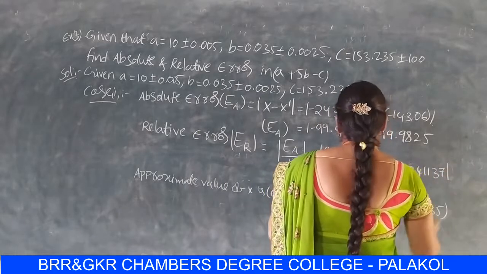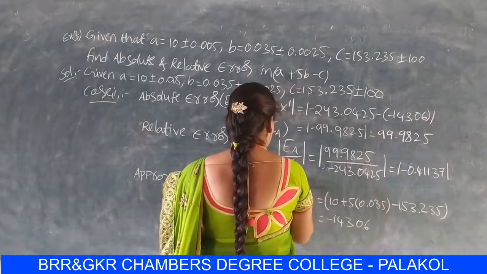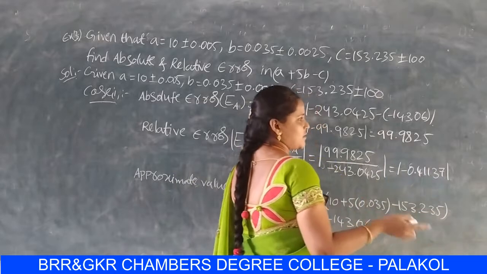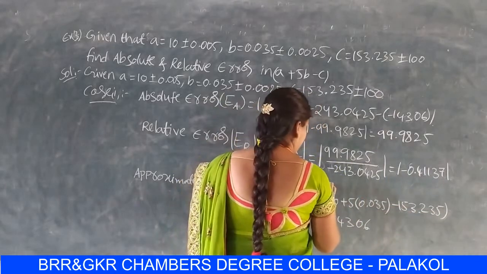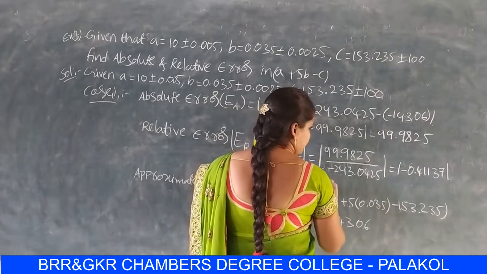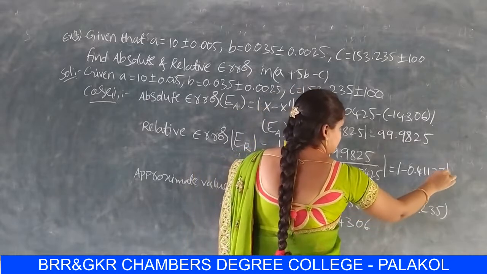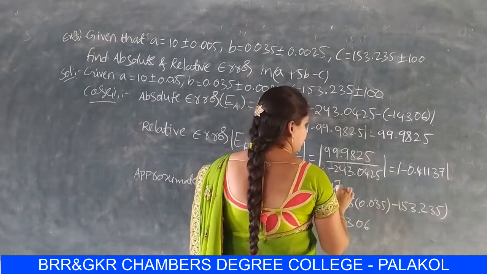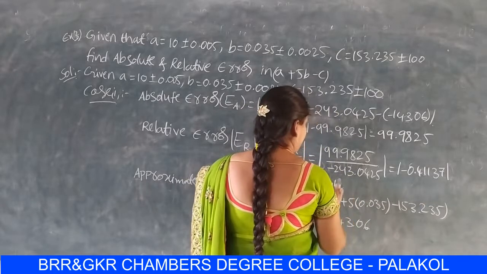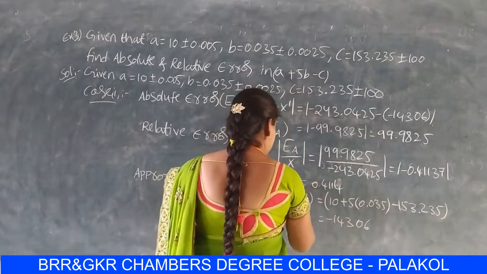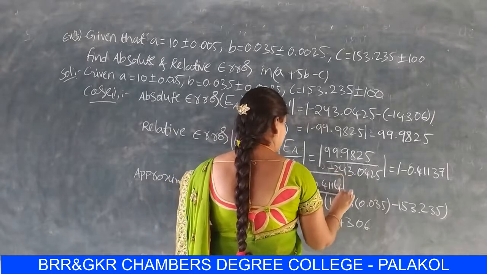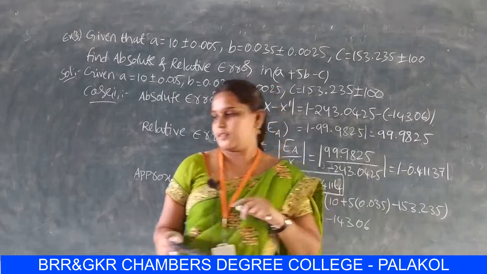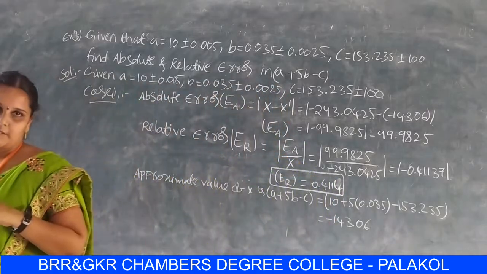This value is minus 0.4113. So we round it off. ER value is equal to, since negative values are always positive in modulus, 0.4113. The digit 7 is greater than 5, so add one to the unit, and this is 0.4114. This is the maximum case of relative error. So the first case of this problem is solved. The next case is the minimum case.